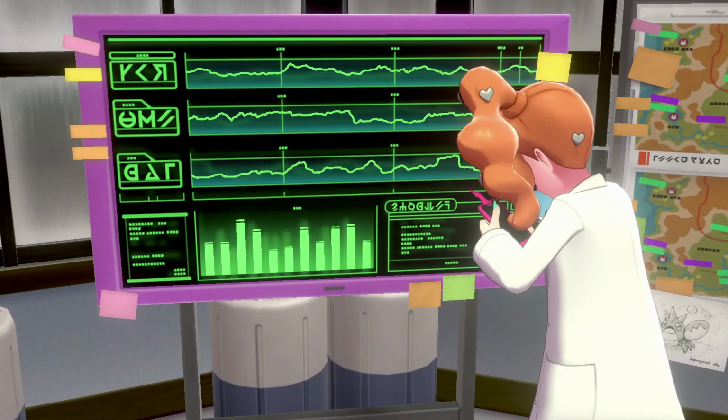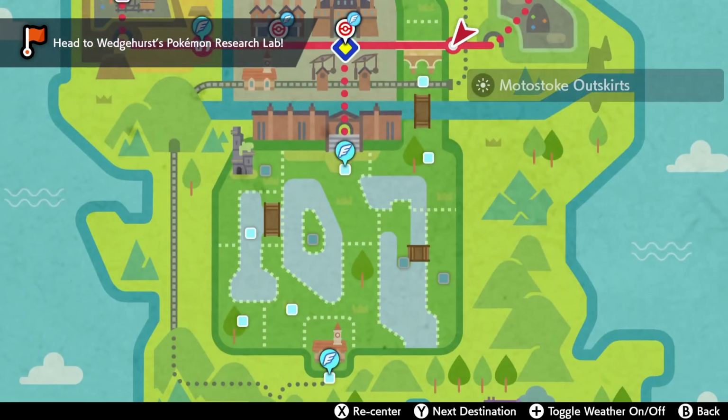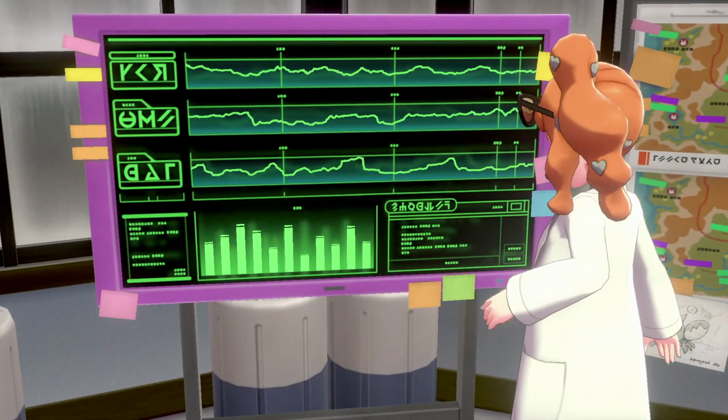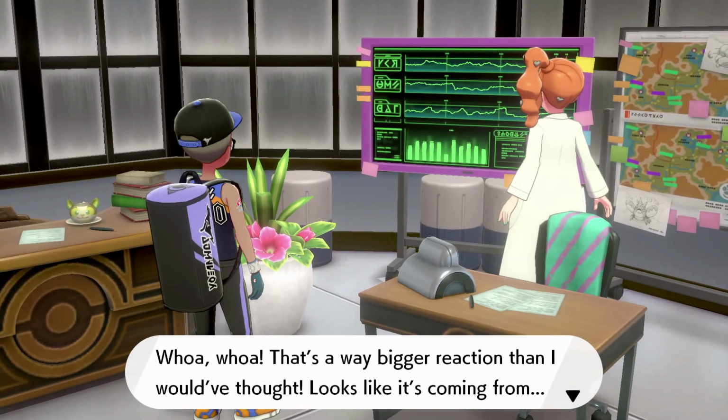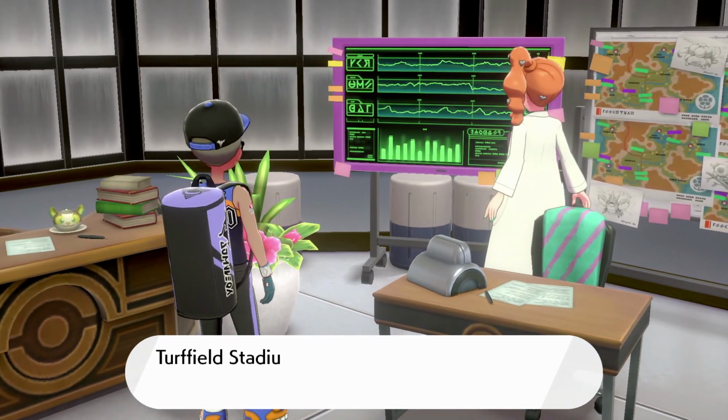Power spot detector assess! Okay, so now it's just detecting some Rotom that we're looking at in this map. Okay, well, whatever we're doing, we're still here. So let's just press back and see what happens. So, whoa, that's a way bigger reaction than I would have thought. It looked like it's coming from